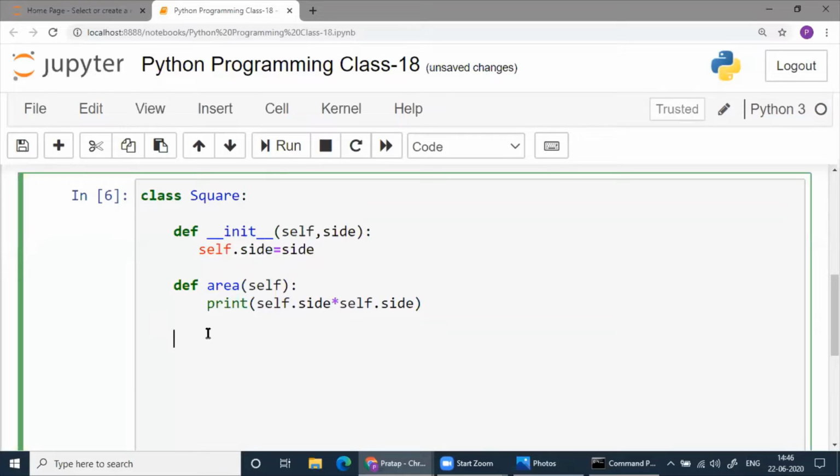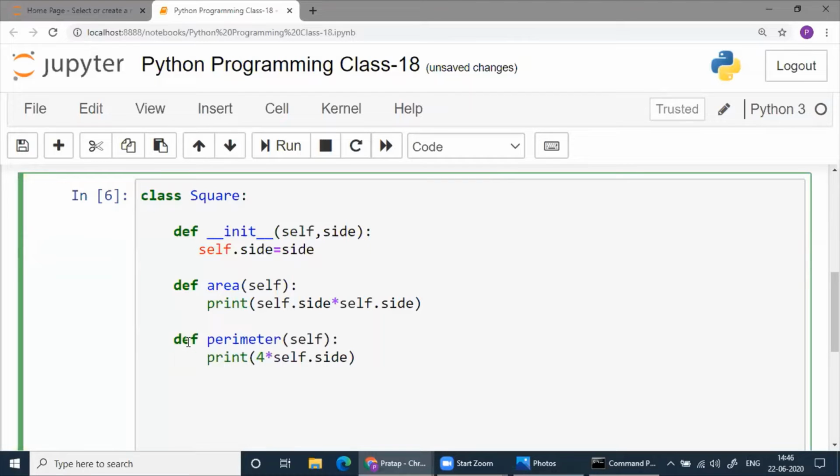Then we'll have another method, perimeter. Here again you have to write self, that is mandatory, compulsory, and then print 4 into self.side.